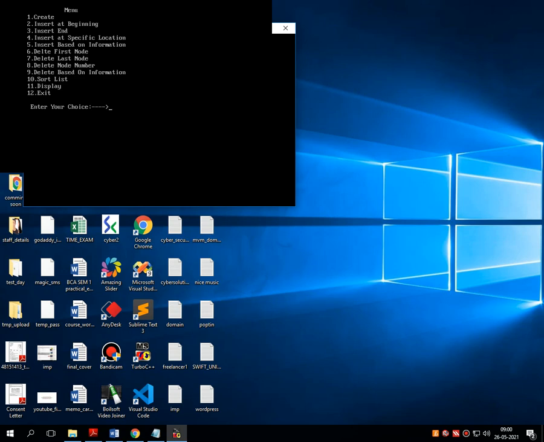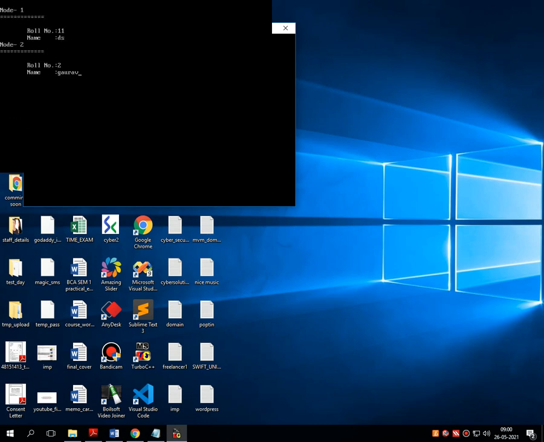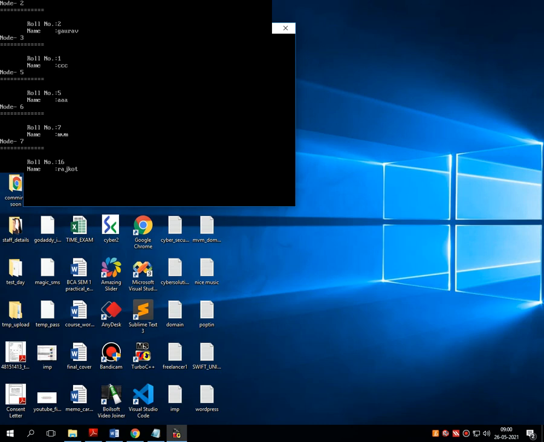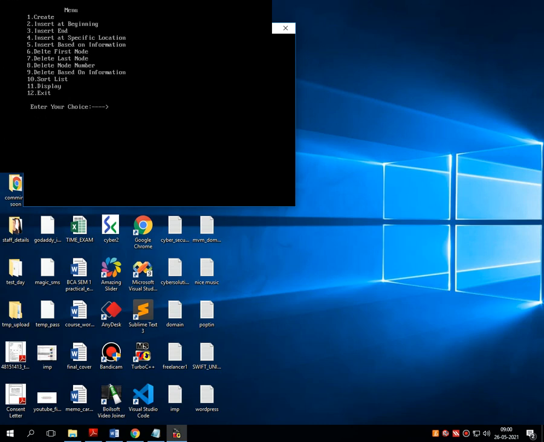Now how many total nodes are there in my linked list? 1, 2, 3, 4, 5, 6, 7. 7 nodes are there, right? Now I am going for operation number 4, insert at a specific location. So which location do I have to give? I have to give the node number. 7 nodes are there, so out of 7, you can give any node.